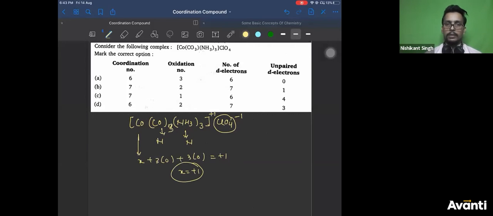All of you could not do this. Right? All of you could not do this much also. Right? So oxidation state is +1. So the answer for that is C. All of you did it wrong. Right? You could not find chlorate is ClO4 minus 1. So it will be +1. That is all you needed to find.